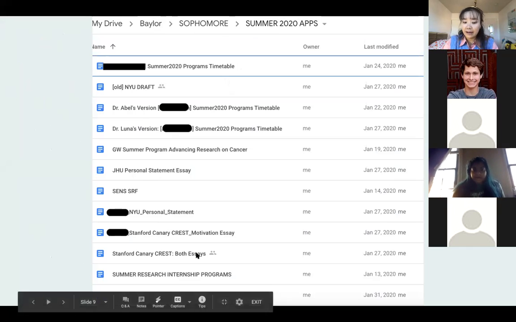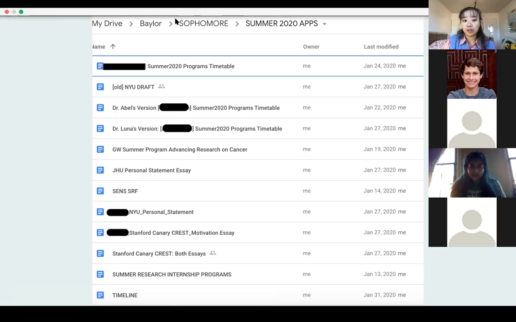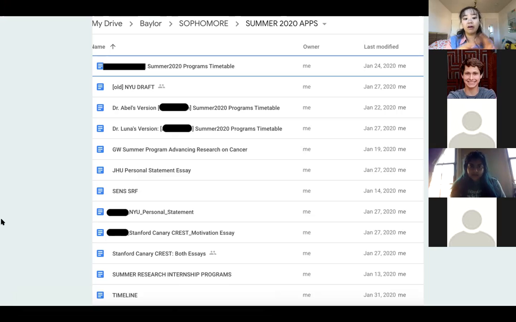Pretty simple headers, but it's really clear because in Google Docs, if you ever need a specific school, like, oh, I'm trying to look for George Washington or Johns Hopkins, then I just go into the search bar, search up JHU, and all of those JHU related titles will pop up and I can just click on those.